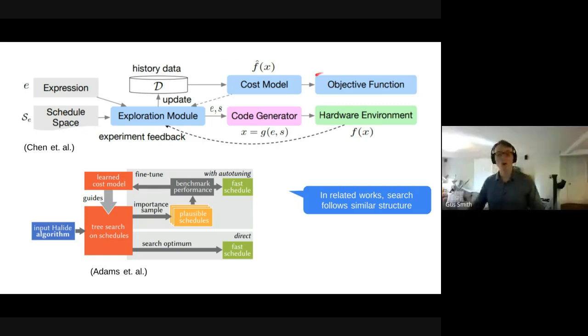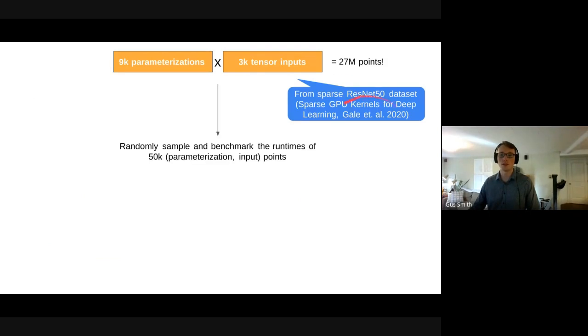Yes. So we don't use SuiteSparse. That was something we considered using. We use instead this data set here. I can send a link to the actual data set. It's on GitHub. But this paper, Sparse GPU Kernels for Deep Learning, from Trevor Gale, has a large data set that's basically sparse tensors pulled from the intermediate points of ResNet 50 and Transformer.